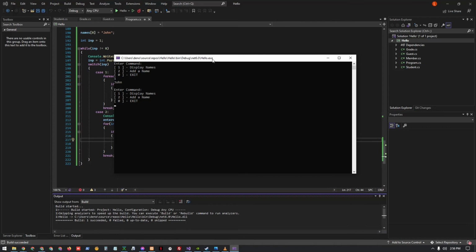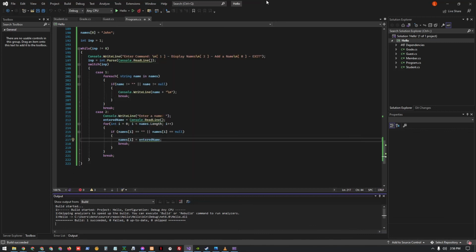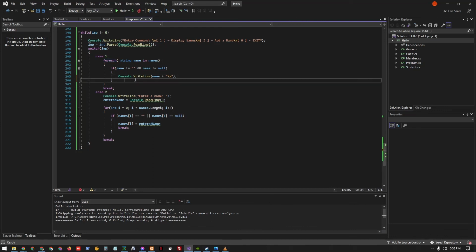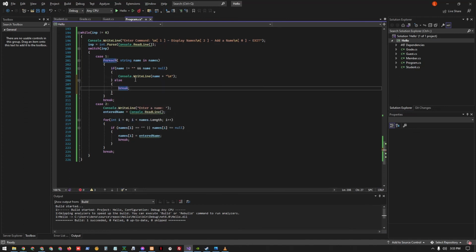So display name, so we have here John, and let's add another name, so let's say Michael, and display it again. Oops, and it's the same. Okay, so it seems that when we try to display the elements or the items, the break on this line will stop immediately if we have displayed the first item or element. So the fix for this is to move this to an else statement, and we break the